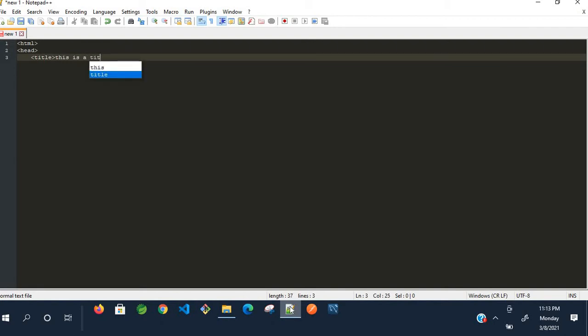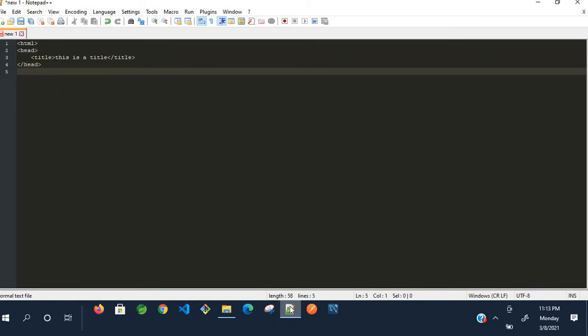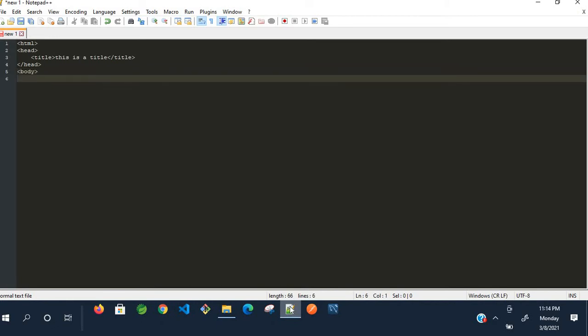This is the title. I'm giving the same code here that we saw yesterday. Now see here, the head part is completed. Now I want to show you how to write a table inside a body tag. Till now, when we wanted to display only a table on the web page, we did not need to place the body tag. But here I want to display a table along with other content, so I have to use the body tag. Inside body we use the tag center.